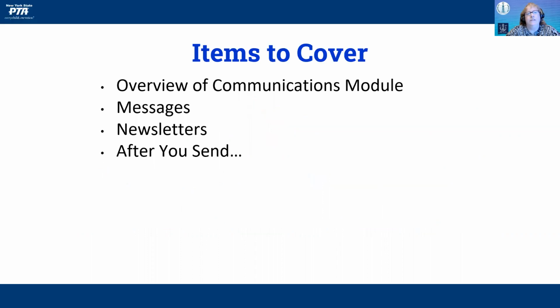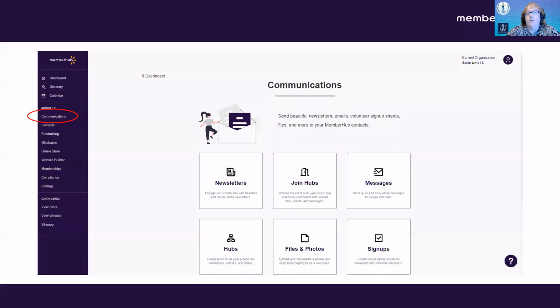Items that we'll include in this workshop are an overview of the communications module for Memberhub, messages, newsletters, and what happens after you send. Within the communications module, this is where you would do all of your communications with your Memberhub contacts. Send newsletters, messages. Messages allow you to send an SMS text message as well after sending the message through email. Newsletters offer a variety of templates you can select and send multiple emails within one newsletter campaign. You can create your hubs, view contacts, and settings for those hubs, as well as uploading files and photos to